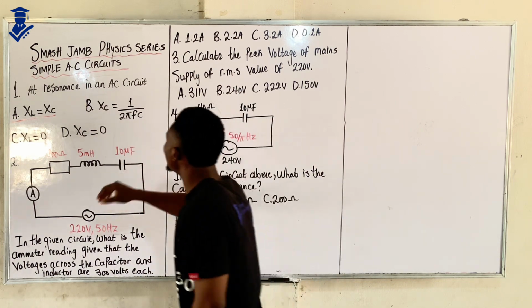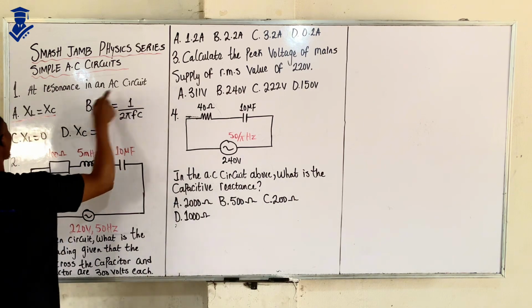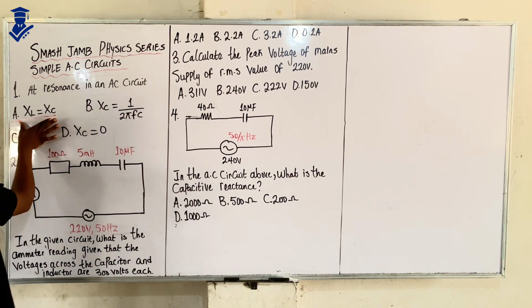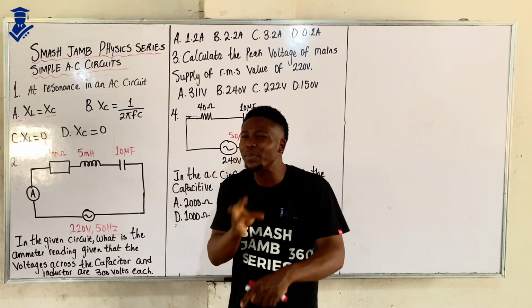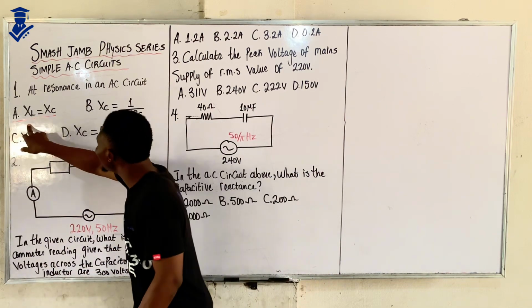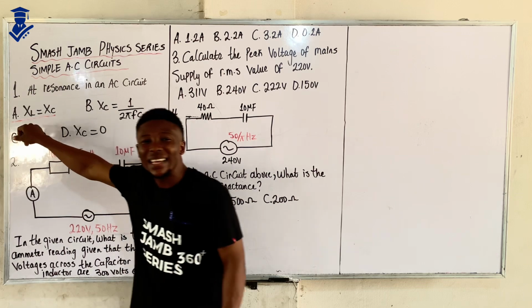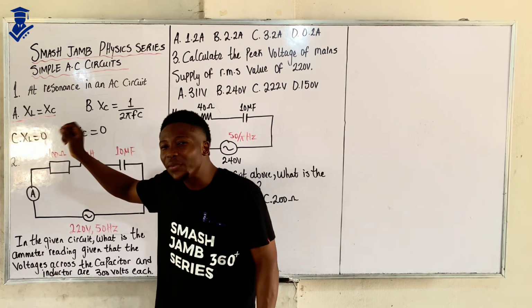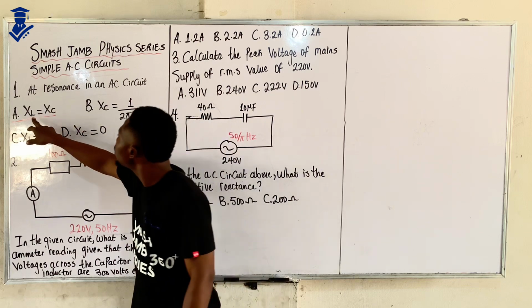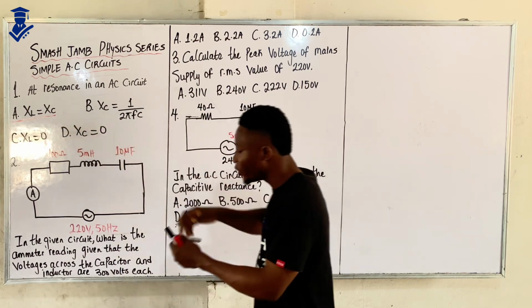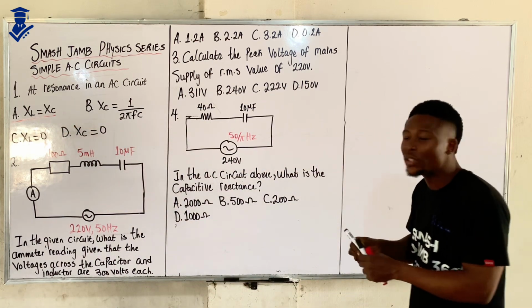Now, the first question says, at resonance in an AC circuit, is it XL is equal to XC? Of course, it is XL is equal to XC, because JAMB is speed and accuracy. Now, what is XL? XL is your inductive reactance and XC is your capacitive reactance. So at resonance, XL is equal to XC,